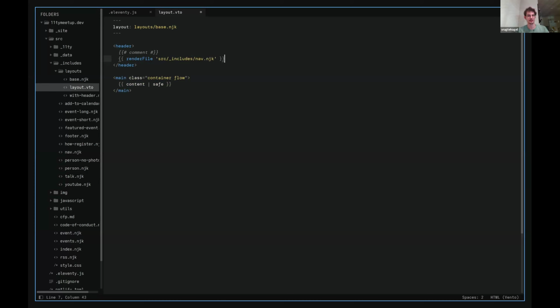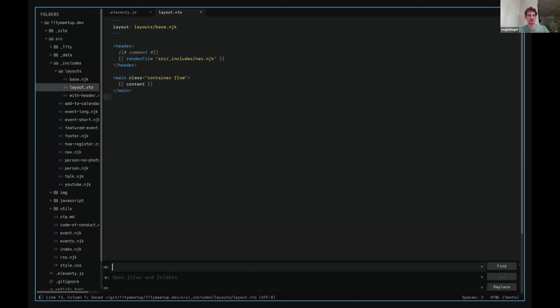Includes after njk. So here, Eleventy just takes care of making sure that this is rendered as a Nunjucks file, because Vento obviously doesn't render Nunjucks by itself. We don't need to say it's safe, because Vento treats everything as safe, and you have to manually escape things, which is the same as Liquid. Some people disagree over this, but there's a plugin for Vento as well that auto escapes everything. So if you like that, then you can add the plugin to Vento, and that should work. Now